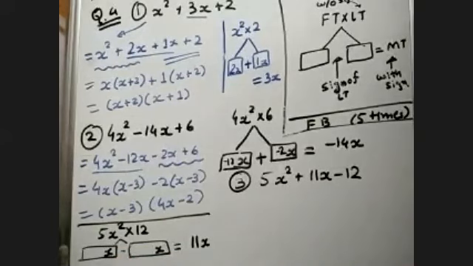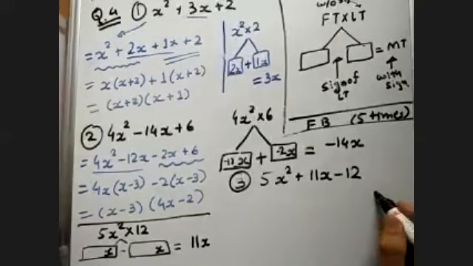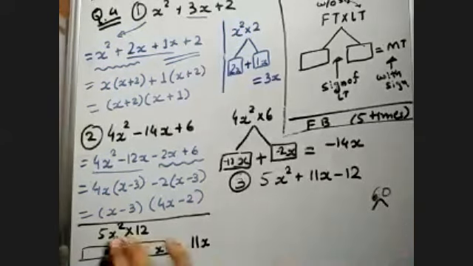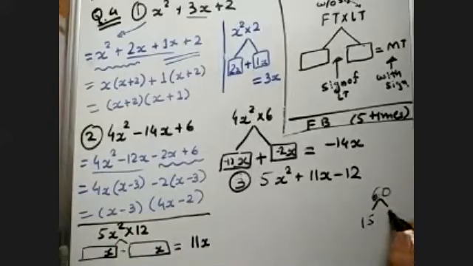Now 12 5s are 60. Find such factors of 60 that by subtracting, the answer is 11. So from 60, if 12 and 5, then their difference will not be 11. 10 and 6, their difference will be 4. Then 15 and 4, 15 4s are 60, 15 minus 4 is 11. Right, now you have to put your 15 and 4 such that your answer should be 11. So if we put 15 over here and 4 over here, 15 minus 4 will be 11. If you put 4 over here and 15 over here, 4 minus 15 will be minus 11.